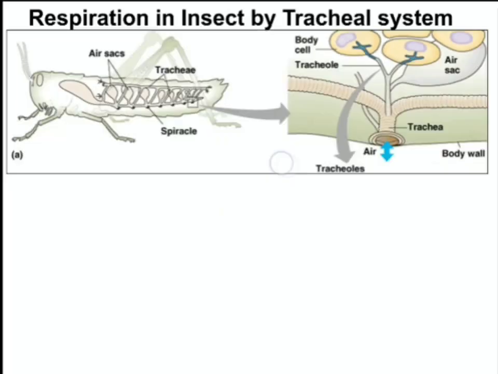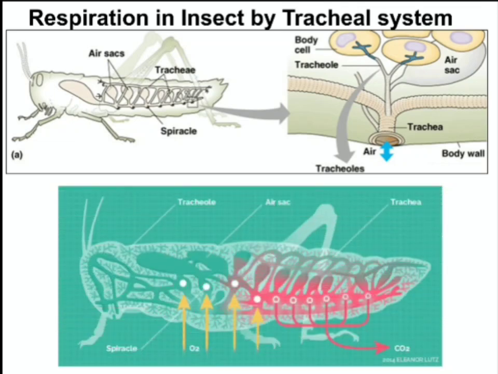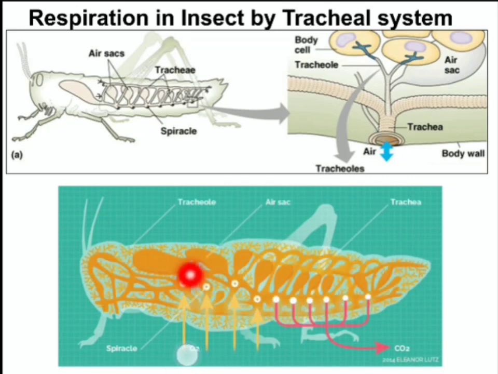So let us see this file, and you will be clear about the functioning of these spiracles. Here you can see oxygen moving in yellow color and going into the air sac as well as all the body cells, and then it comes out through these spiracles only, with the CO2 coming out. So this is how the function happens. First, oxygen goes inside, then it is utilized by the cells. Parallelly it is coming out, again, this inhalation and exhalation is going on inside the insect.